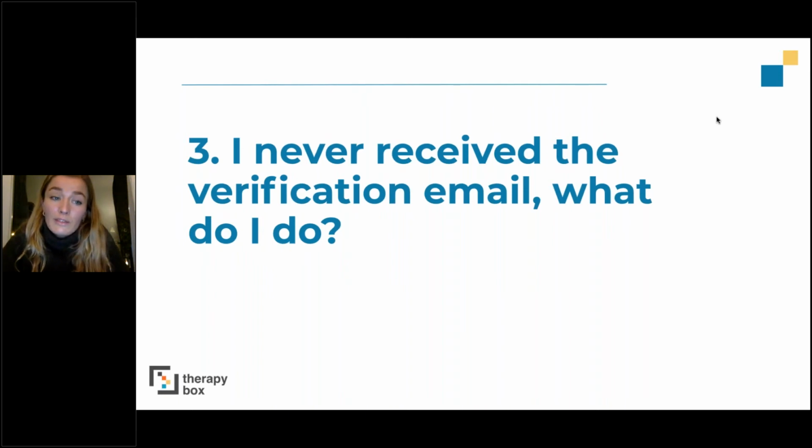So yes, if the verification email is not in your junk mailbox, that's perfectly fine. You can just email us at support@therapy-box.co.uk. I manage this email address, and I will just do it manually for you. So don't worry if that's the case. It's really not a big deal. It's an issue between the two email providers, and that's something we don't really have any control over, I'm afraid. But that's something I can do manually for you, so don't hesitate to contact me.